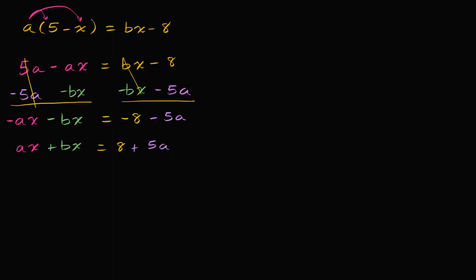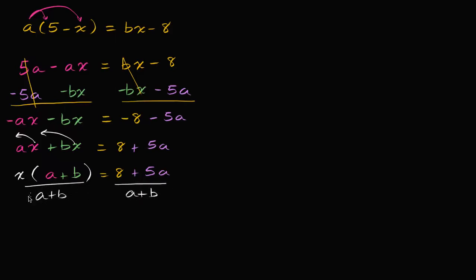And now I can factor out an x here. So let me factor out an x, and I get x times a plus b is going to be equal to 8 plus 5a. 8 plus 5a, and we're in the home stretch now. We can just divide both sides by a plus b. So we can divide both sides by a plus b,